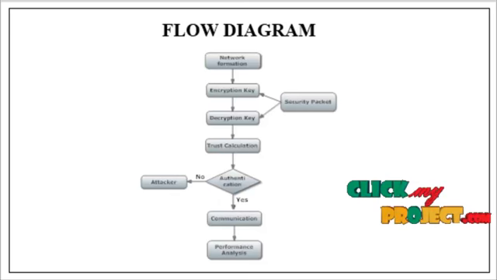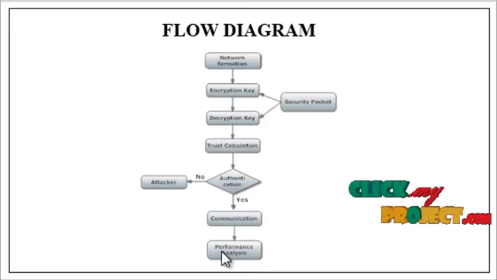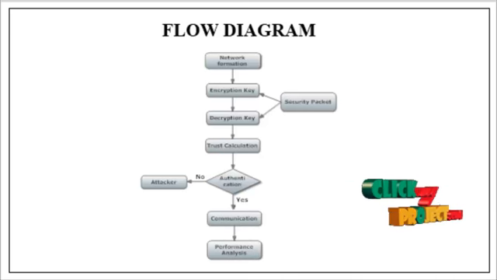Here the source to destination communication is done. Then finally we calculate the performance analysis. A different network parameter analysis is done for the proposed and the existing protocol. Finally we analyze the performance measures between the existing and the proposed protocol on delay, energy consumption, packet delivery ratio, throughput, etc.